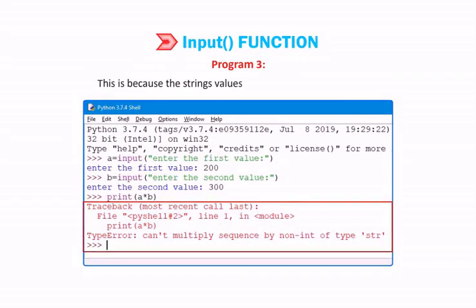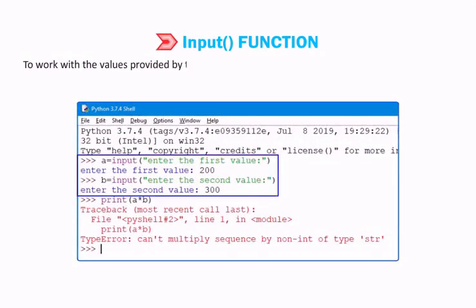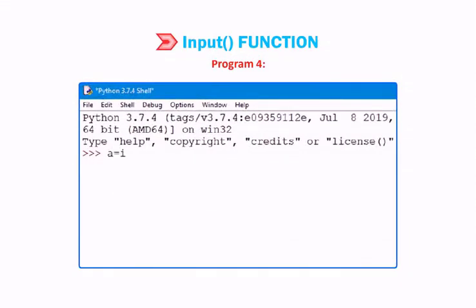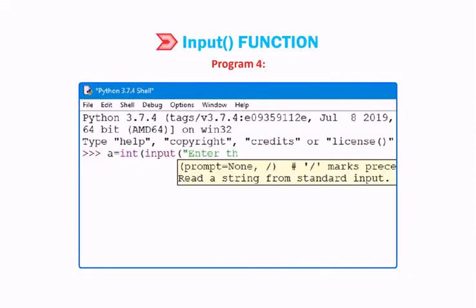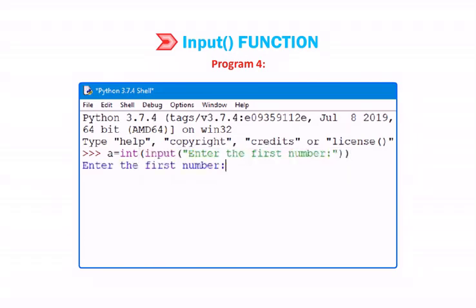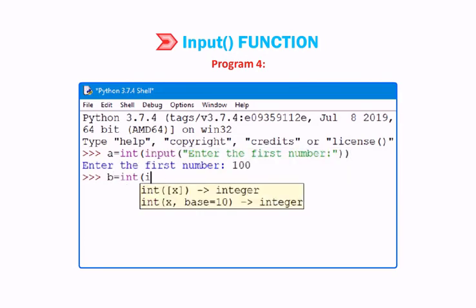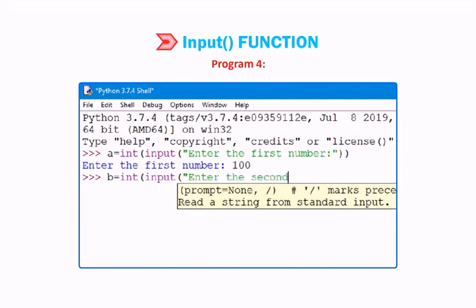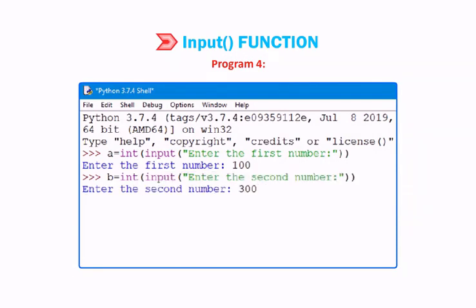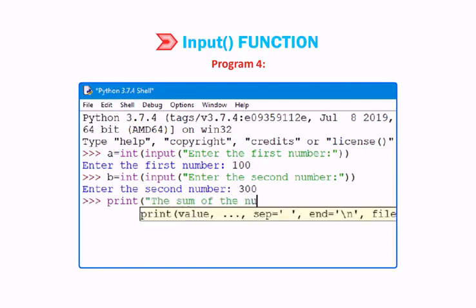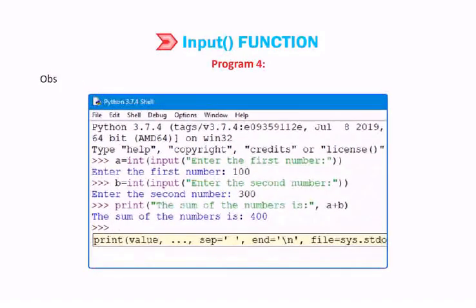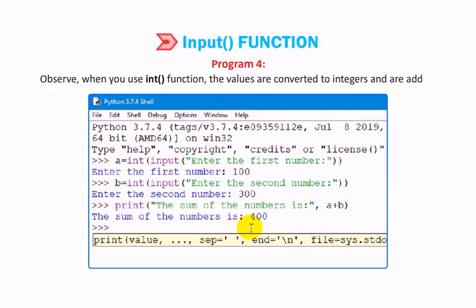This is because string values cannot be multiplied together. To work with the values provided by the user, Python provides a method as discussed in the given example. Observe when you use the int() function, the values are converted to integers and are added.